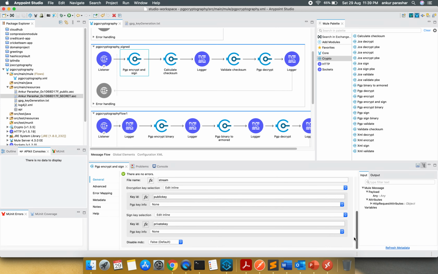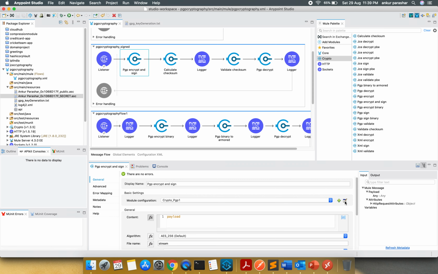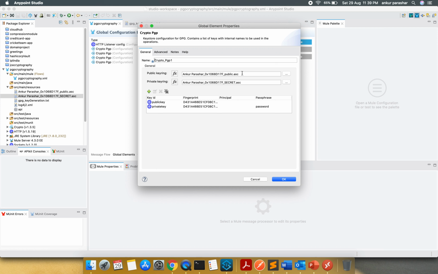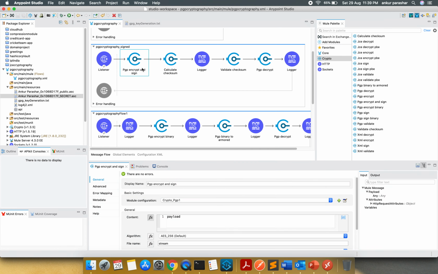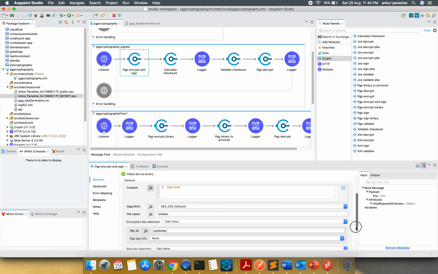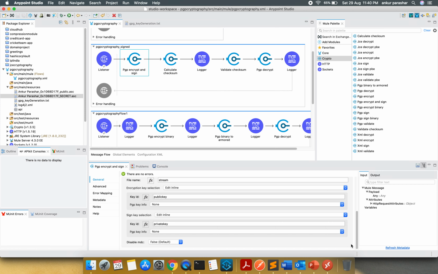it is going to sign it using the private key. In the configuration of it, you have to select this model configuration, and here you need to provide both public and the secret key, and in the private key you can specify the passphrase. In the encrypt, I have selected this algorithm as default AES256, and the encryption key as the public key and the sign key as the private key. The rest of the things will remain the same.